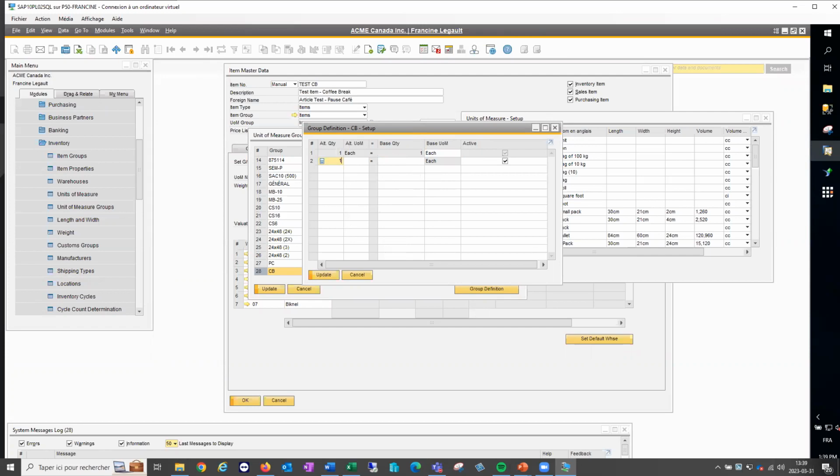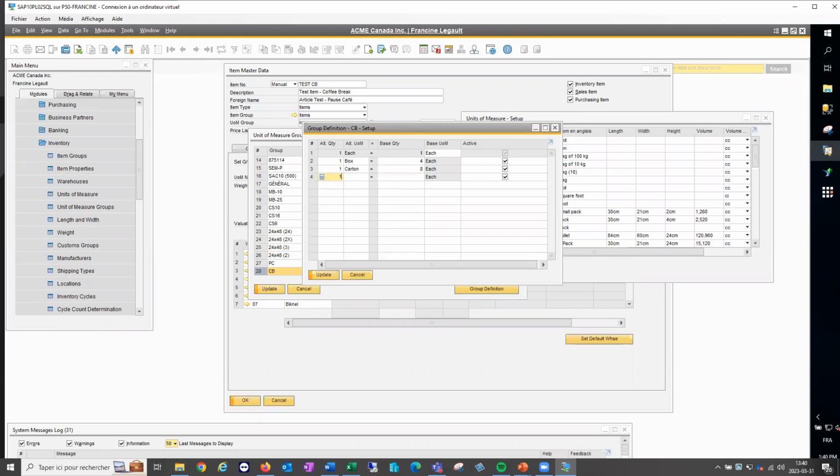I say, okay, so when I have a box, the box is going to contain 4 units. When I have a carton, oops, sorry, a carton, always put it there, 1 carton. So if I have a carton, it's going to contain 8 units.